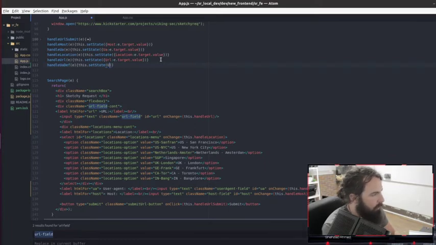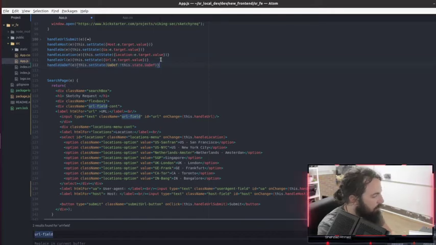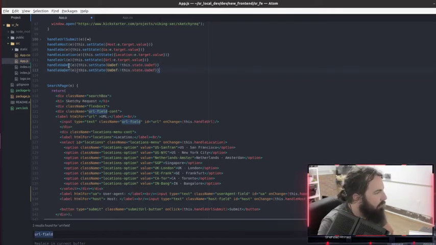We do UADef, not this.state.UADef. And I think that's how you would do it in JavaScript. I'm still not great at JavaScript. I know you're shocked about that. I'll do that again for host.